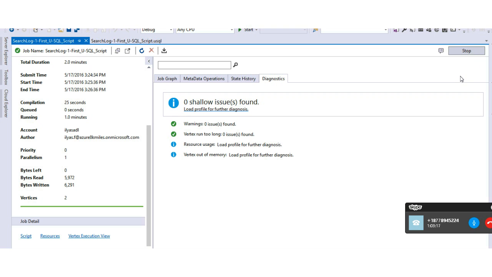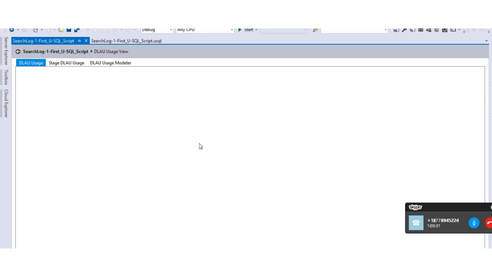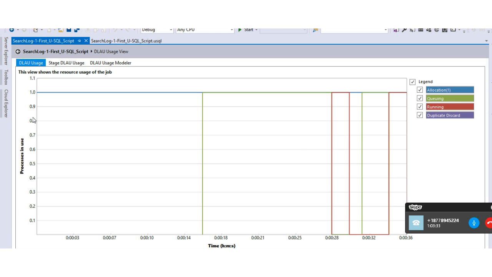To actually find out if there are any issues, click on load profile. Load profile means it downloads the profile from your ADLA account, and then it gives you the complete information, right? So you can look at the resource usage, the compute that you have given to this query, and how it is utilized, right? So I asked for 1 unit. There is no half a unit. The minimum is 1 unit, and you can also ask for 20, like I said in the previous slide, right?